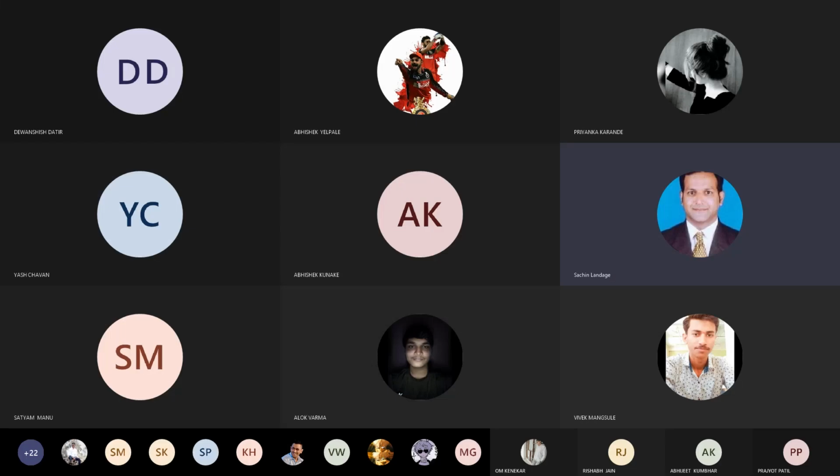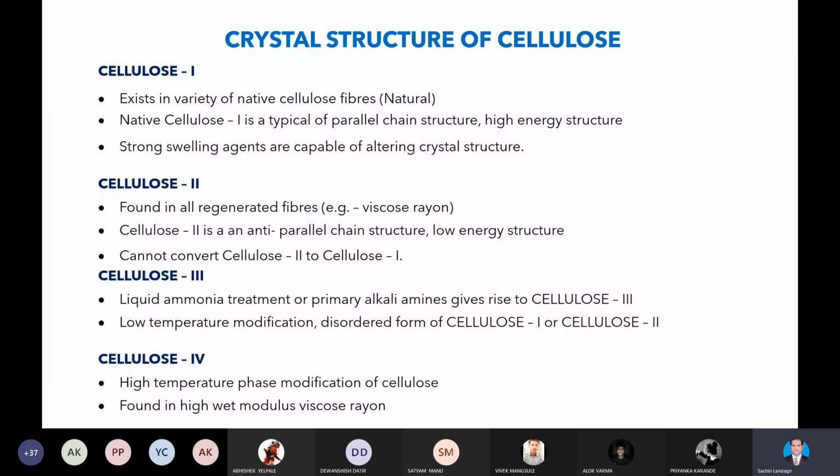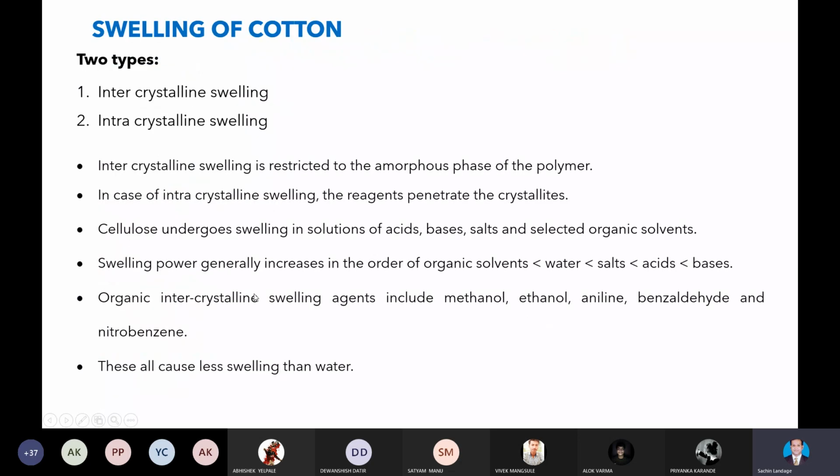Okay, we have completed the crystal structure of cellulose. In detail, we have seen different types of the crystal structure of cellulose: cellulose 1, cellulose 2, cellulose 3, cellulose 4. Now, the next point is the swelling of cotton fiber, or how the swelling of the fiber is taking